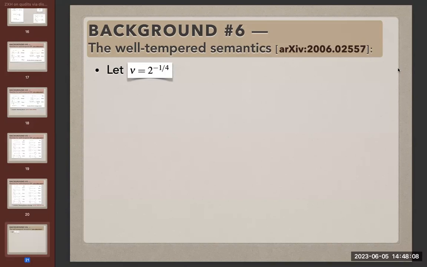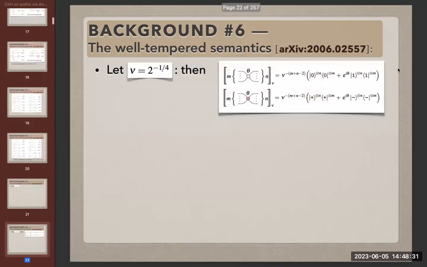In practice, this involved a scalar, which I described as nu. It's 1 over 2 to the 1/4, 1 over the 4th root of 2. You might wonder where this comes from, and well, may you ask. It's possible to derive it, and there are some hand-wavy arguments you can give for why you might expect to do that, but it takes a little bit of humming and hawing to describe it. But having isolated that scalar,